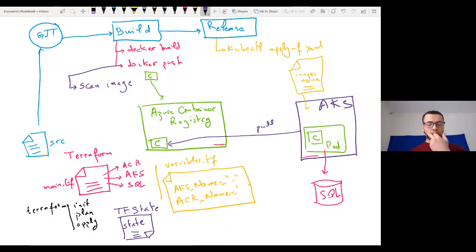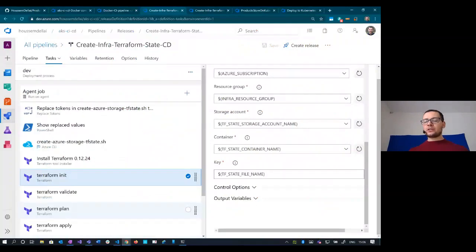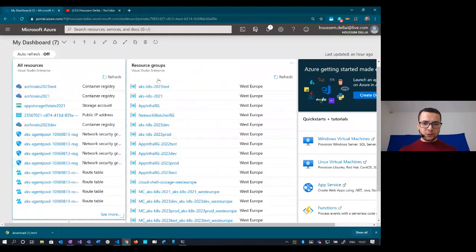So that state should be persisted. This is important. And we cannot persist it inside the build agent, because each time Azure will give me another build agent, and when I'm finished with it, Azure will reset that agent. It means it will remove all the files that I have created in that agent. So I need to save it somewhere else, and there I'll be using the Azure container in order to